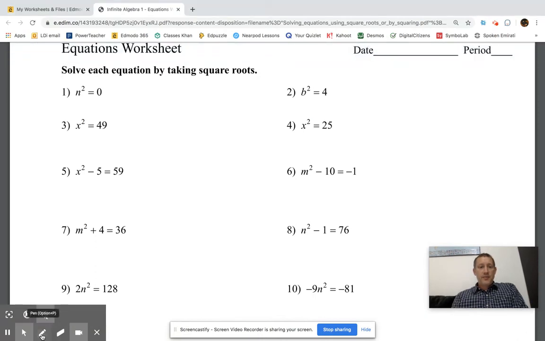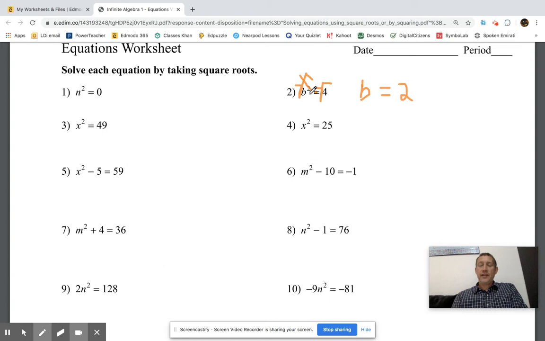I got some sample worksheets. b squared equals 4. Remember from yesterday? What number can I square that's going to equal 4? Well, if I take the square root of both sides, the square and the square root cancel each other, and I'm just left with b. The square root of 4, I know, is 2. But remember,